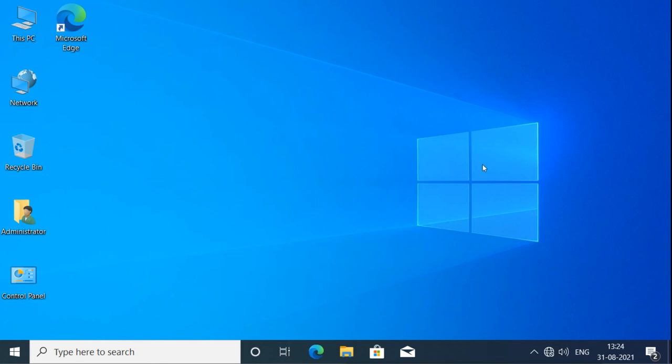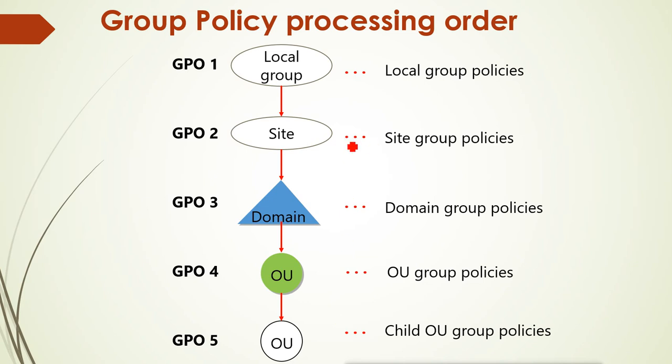Now when we look at group policy processing, this order is important, because based on this order the policies are going to be processed. Suppose there is a conflict, and we configure two policies, 1 and 2, in the local group policy editor.